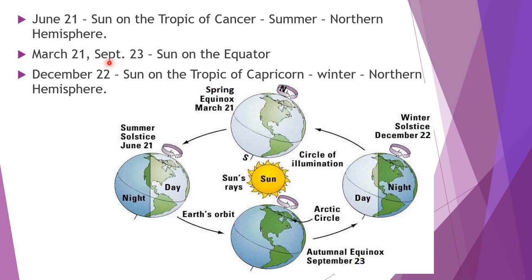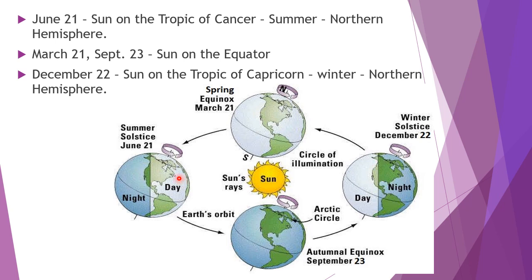Because of that reason these two are called equinoxes. That means those 2 days, March 21st and September 23rd, are called equinoxes. You see that picture? This is the earth and this is the axis. This is the tilt position, 23.5 degrees here to here. You see that. And here is the equator. Here it is Tropic of Cancer, and this Tropic of Cancer is getting direct sun rays from the sun.